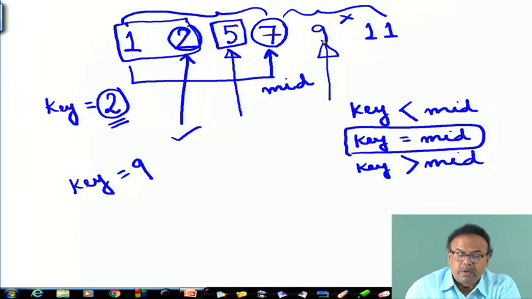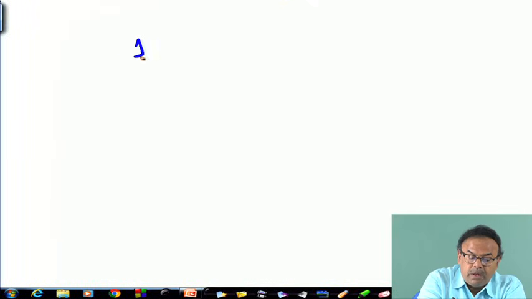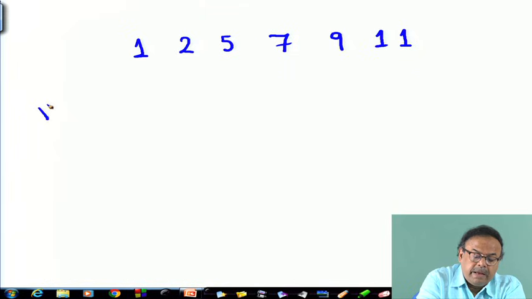But let us see what would have happened in the case of the new search technique that we are looking at. Again I have 1, 2, 5, 7, 9, 11 and my key is 9.